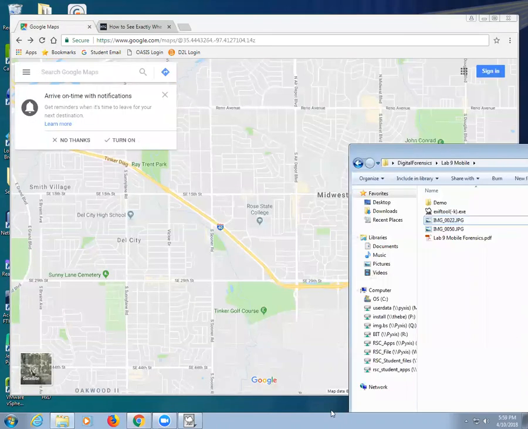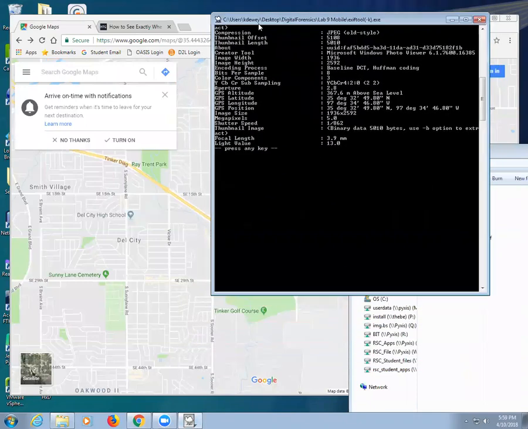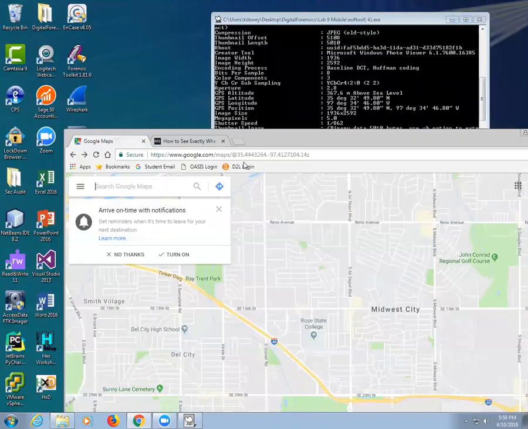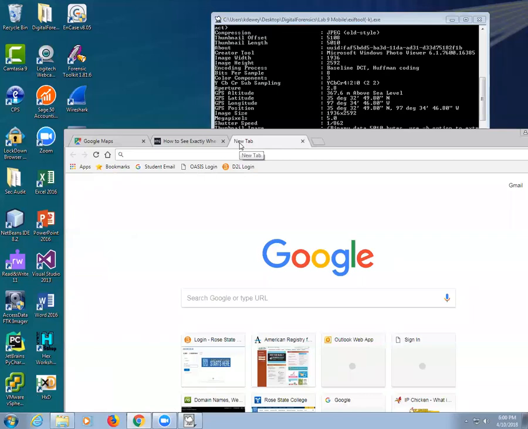Okay, let's go look at that exif data again. How can I get this so I can see it all on the screen here? There we go. What did they say to do? They said type it in with commas. Okay, yeah, but it's 35 degrees, 2 minutes. We need to figure out how to convert that. That's included in the next lecture, by the way.